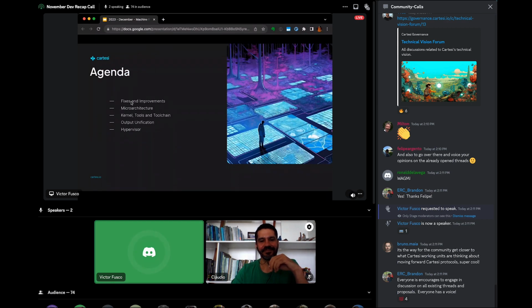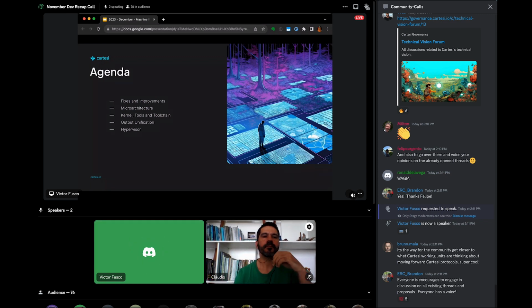The agenda for today is to go through some fixes and improvements that were done on the emulator. Also, some progress on the microarchitecture. There were a lot of small changes on the kernel, tools and the toolchain.